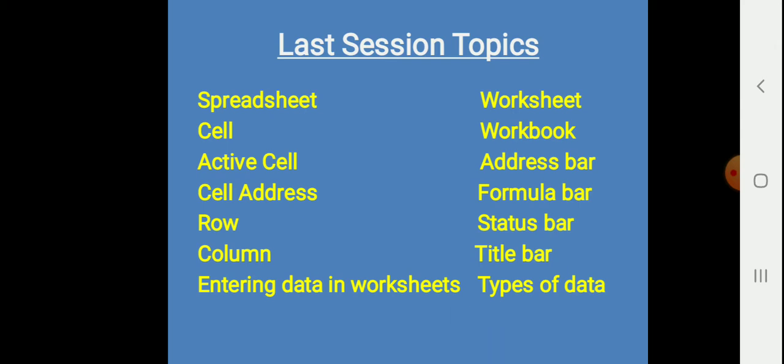And we have learnt how to enter data in a cell, that is, a worksheet is made up of a grid of cells. So we know how to enter data, we learnt in the class session, and we also know what the types of data are that can be entered in MS Excel software. Numbers, text and formulas are the data types that can be entered in MS Excel. Students, these are the topics which were discussed in the last session.